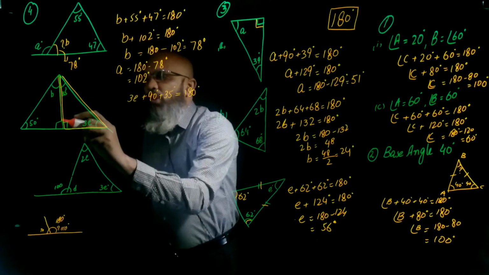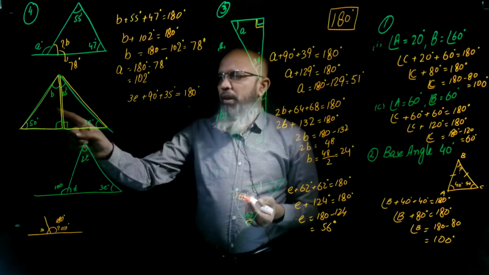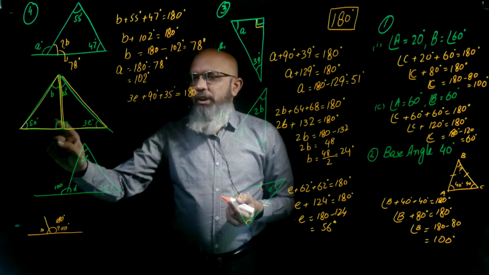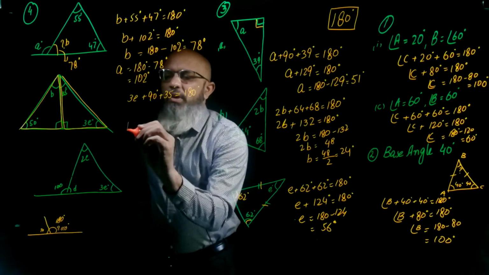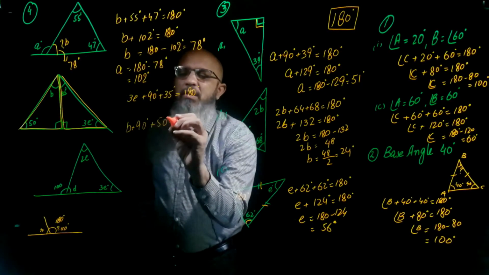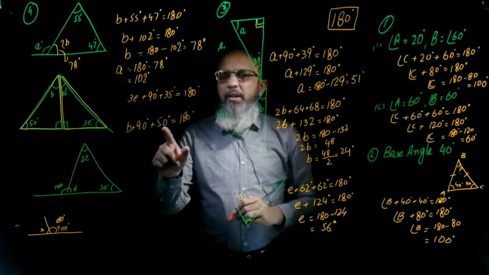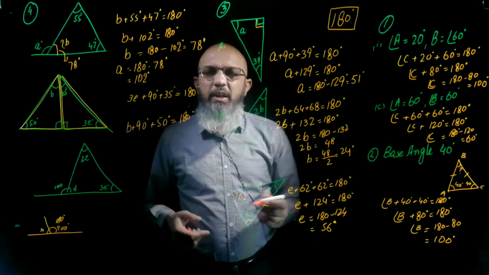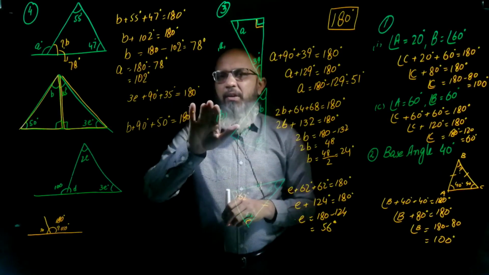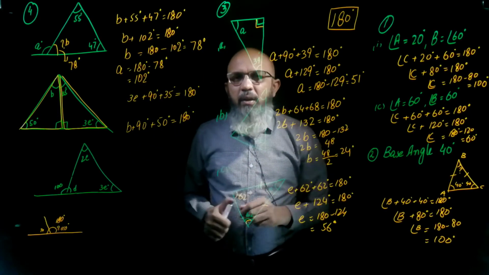So by considering this triangle, now we have to make a new equation. B is unknown and this is your 90 degree because it is a right angle. So what will be your equation? Your equation is B plus 90 degree plus 50 degree, that is equal to 180 degree. So it's quite easy. 90 plus 50, that is 140, and subtract from 180, and your answer is equal to 40 degree, right? Similarly, you can add these two and subtract from 180, and at the end you will divide by the 3, then you will get your value of B, right?